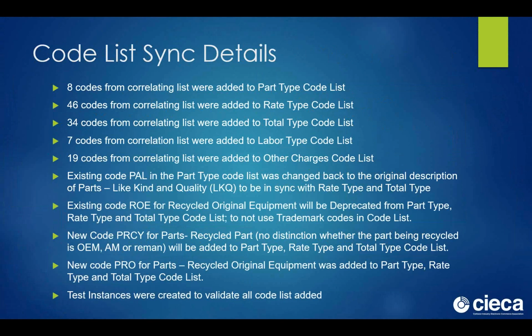The other thing we do is create test instances that use the new codes in the way that they're intended, and then we validate those. And that was all added, and it's part of an automated process as Paulette described. And we went through all of these changes. We made instances to demonstrate that we understood how they were all to be used, and then we proved it by validating with the new schema.